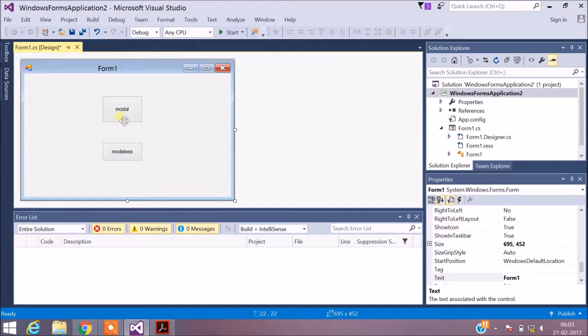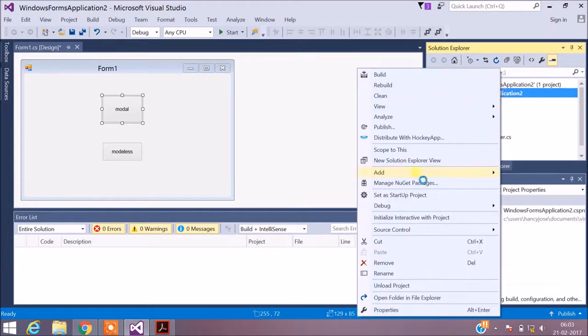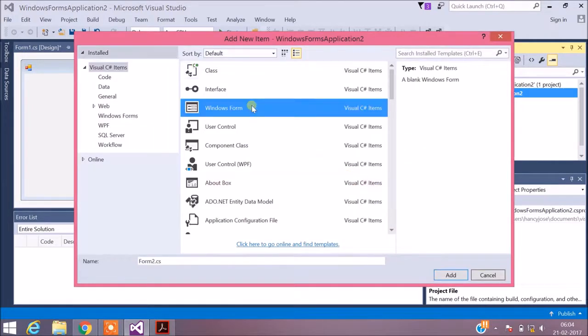So let's see how this is done. The action, whatever I do, must happen once I click the modal button. So I will select the modal button. Then in Solution Explorer, which is present at the right-hand side of your window, you have to select WindowsFormsApplication2, which is the current project we are working in. Right-click there and choose Add, New Item, Windows Form, because you need to display another form once you select the modal button.